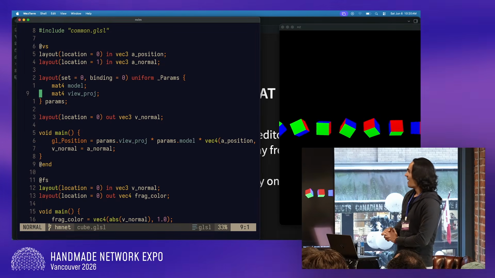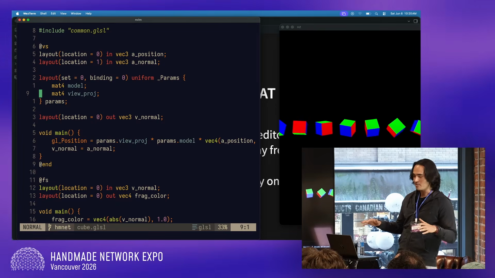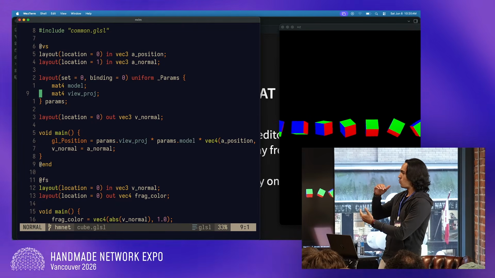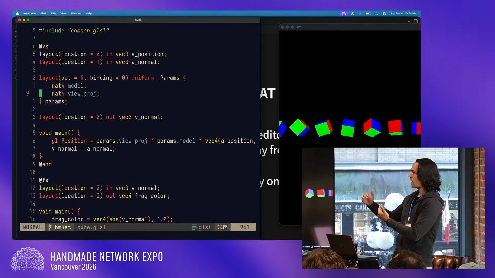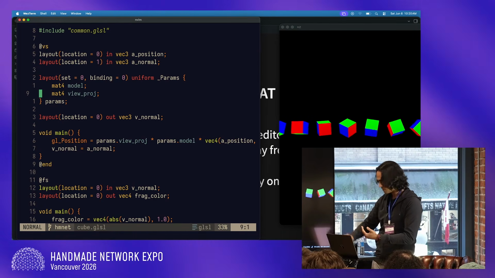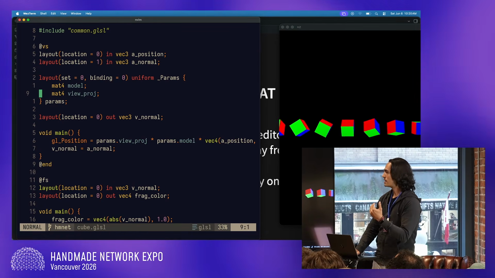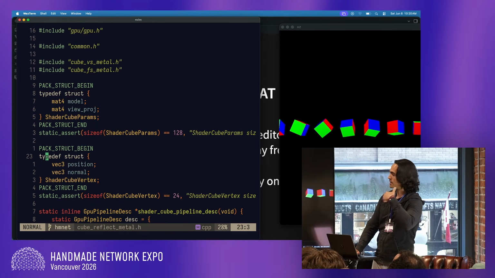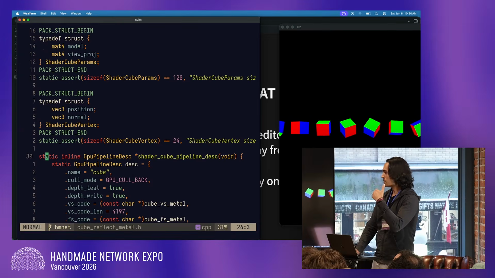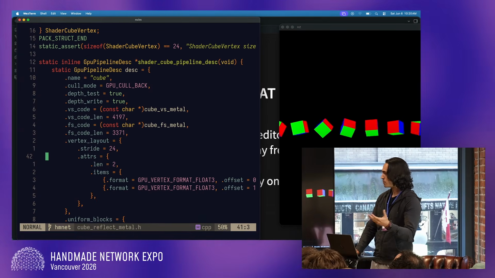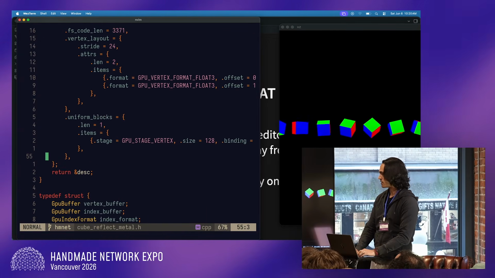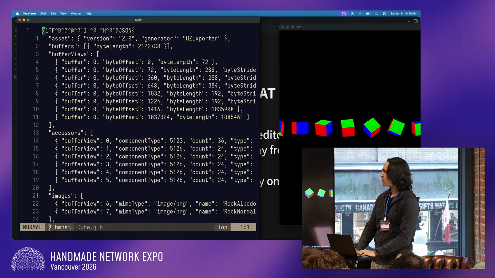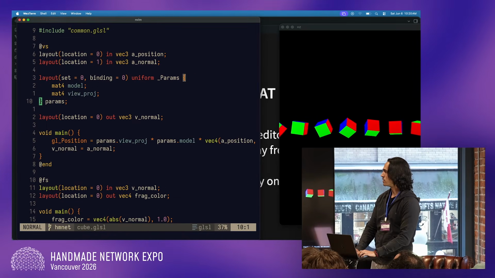otherwise you're going to get a black screen or a crash. And it was by far the most annoying thing for me, to the point that I not only wanted the reflection, but I wanted to go as deep as possible, so everything was type checked. So I generate the type for the vertex, the type for the uniform buffer, the type for the pipeline for creating the shader. So if I change something on the shader, I immediately get a compile error.